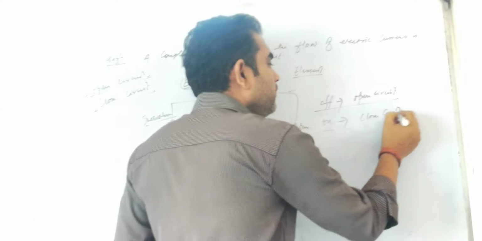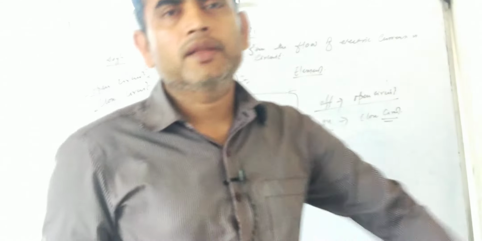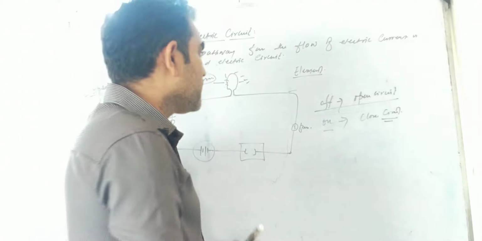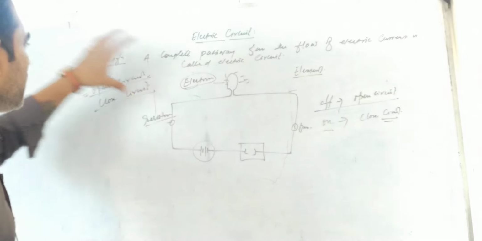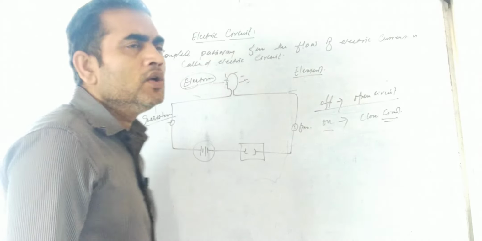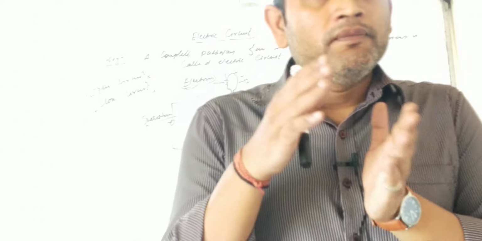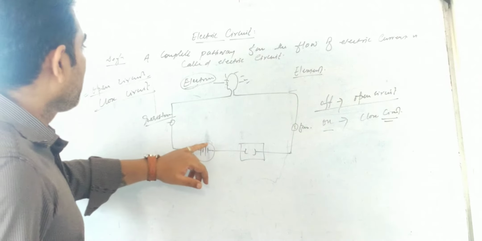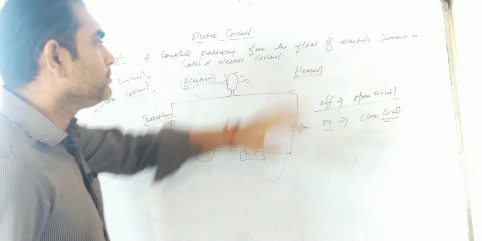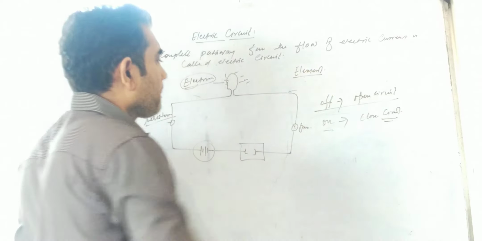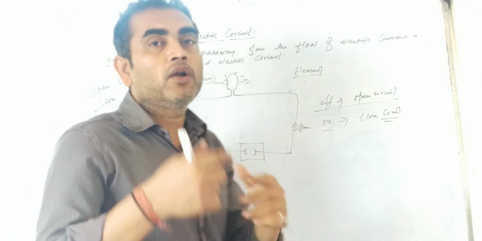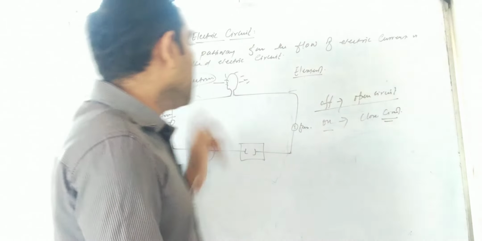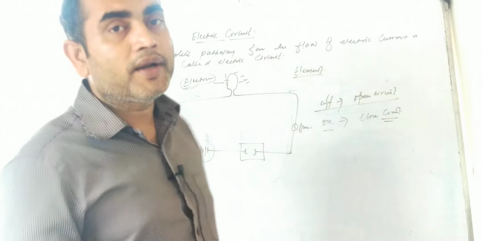So if we need to give the difference between the open circuit and the closed circuit, first of all, whatever characteristics and discussion we have covered about the open circuit and the closed circuit, we will use those points to make our difference. First point: in an open circuit the switch remains turned off, in a closed circuit the switch remains turned on. Next, in an open circuit each and every component is not connected with each other, and in a closed circuit each and every component remains connected to each other.